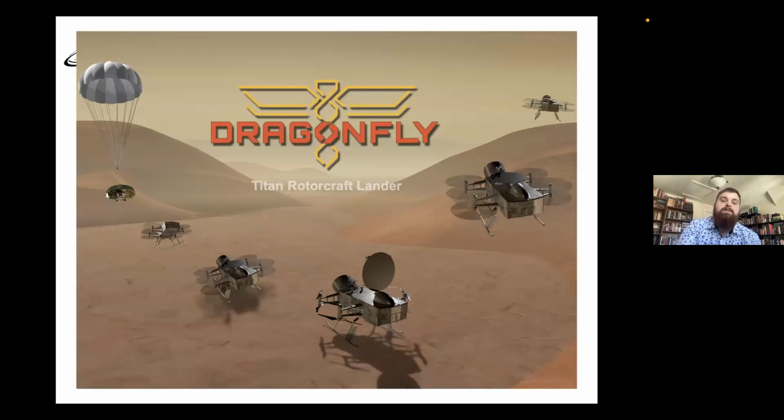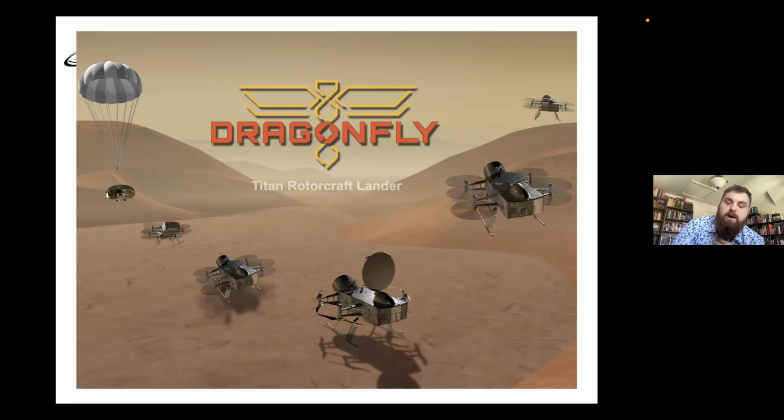And what's cool about it is we're sending this quadcopter, which is a lot like a rover you would see on Mars. But because Titan is so unique and its environment is so unique, it's able to send a quadcopter the size of a traditional rover that can traverse for kilometers and investigate on a whole new level, get whole new perspectives that you couldn't get in a scenario like, say, on Mars.